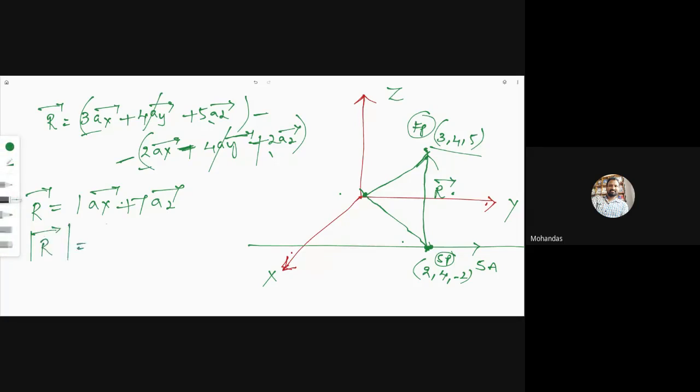Under root 1 square plus 7 square, that will be equal to how much? 1 plus 49. Then root 50 is the perpendicular distance. Okay, and we calculated the R here, which is nothing but a perpendicular distance. This distance is nothing but how much? Root 50 mm. That distance vector can be calculated by calculating the position vector of the field point as well as position vector of the source point.